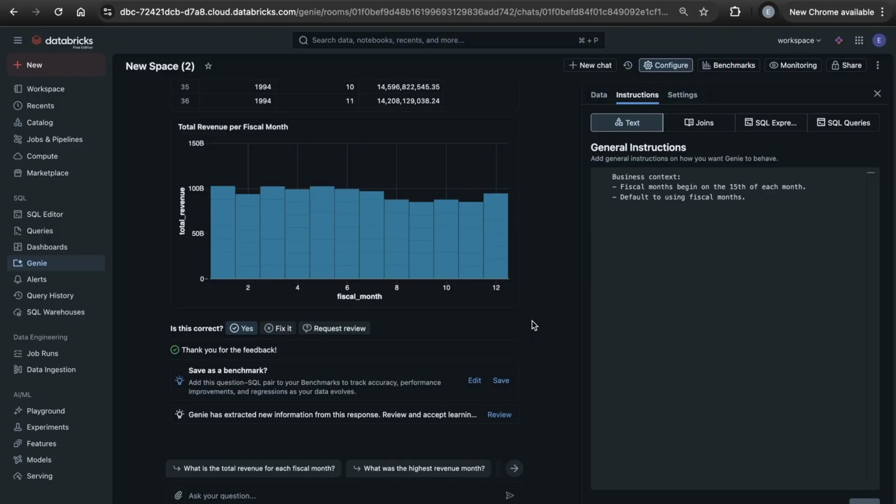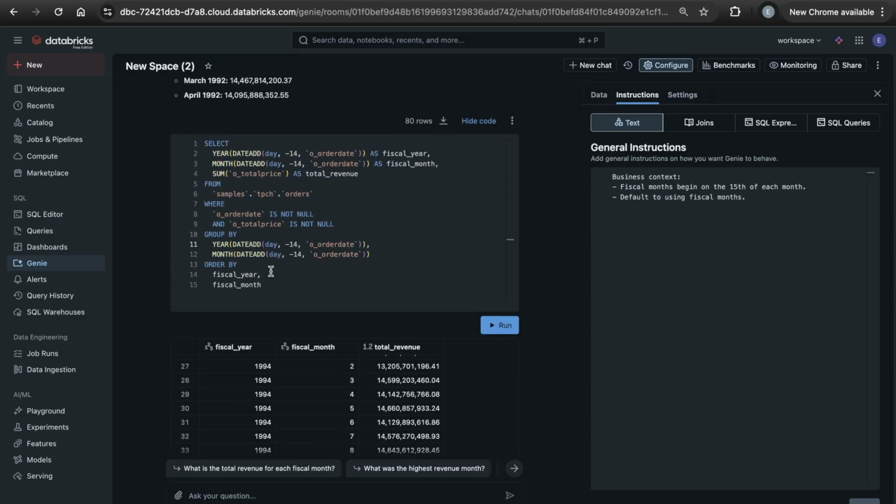You don't want Genie to be changing the way that it's answering questions just because there's one person who's very opinionated who's talking with Genie. So that's the reason this context exists between what's persisted in the long run versus what exists locally in the chat. So let's just take a look at this SQL query real quick and make sure that this fiscal behavior,